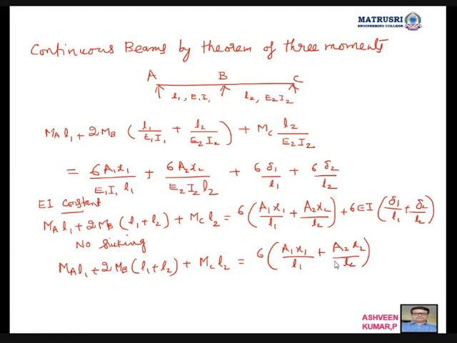Now, to find out the A1 X1, some cases are there. I will discuss those cases now. This we already discussed in the moment area method. So this is W, a point load at the center. If I draw the bending moment here, the shape is like this. This is L by 2, this is L by 2. This will be WL by 4. A, B.